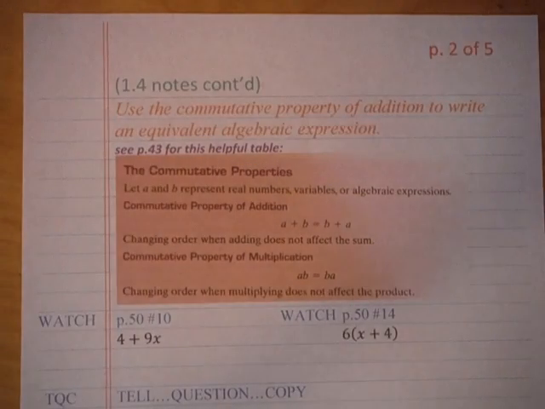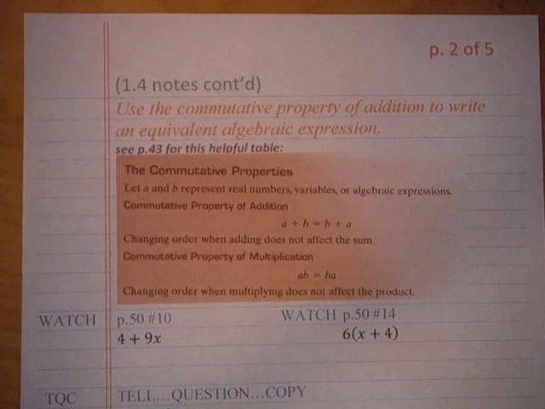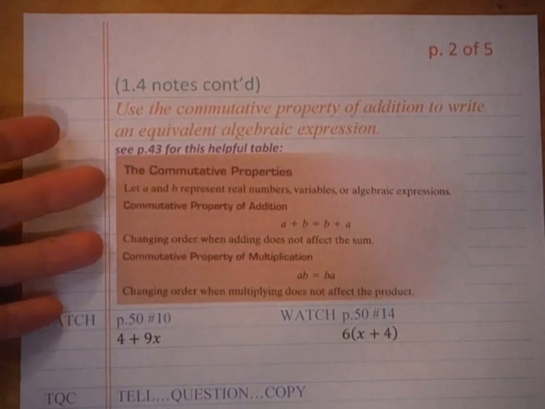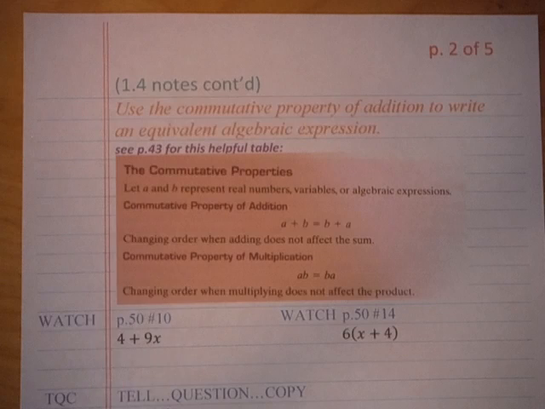Continuing in section 4, which is the basic rules of algebra, we're here on page 2, and the next set of problems use the instructions that say use the commutative property of addition to write an equivalent algebraic expression. So let's pause for a minute, and we're going to look at the book's definition because he does a really nice job of just putting into basic terms for us here. The commutative property of addition